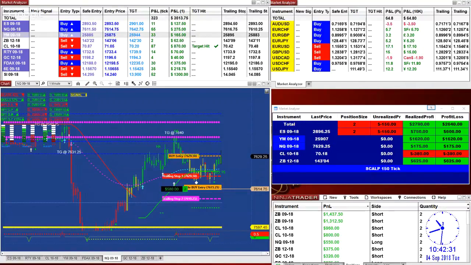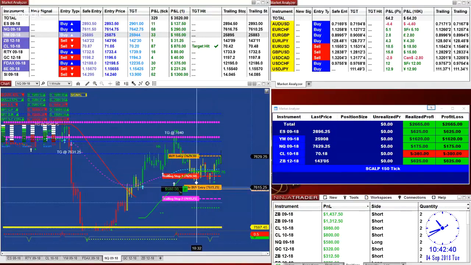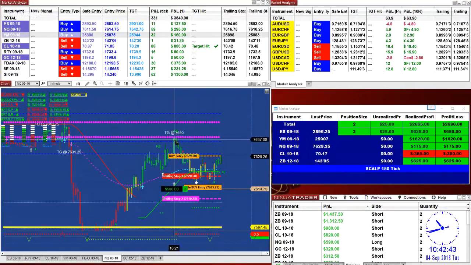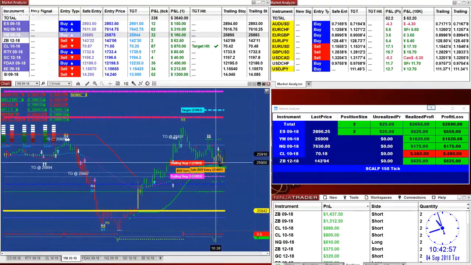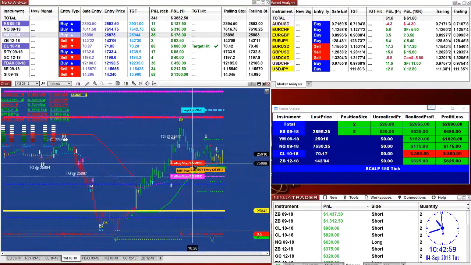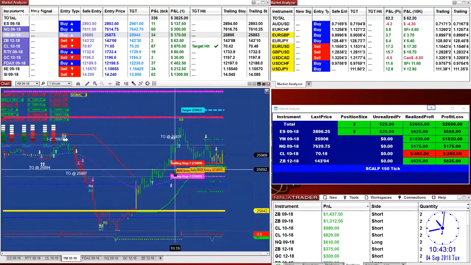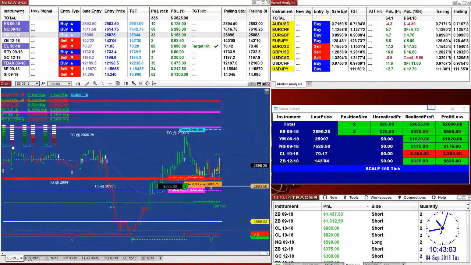This is what we call re-entry on the Nasdaq, or it could be on the ES. I don't know which one we recalled, but all of them were on the re-entry price. The market came back, took off, and came back to the same area where we need to re-enter the market. The same thing on the ES. Look, the same thing on the YM. All the same. Those areas are your bread and butter,